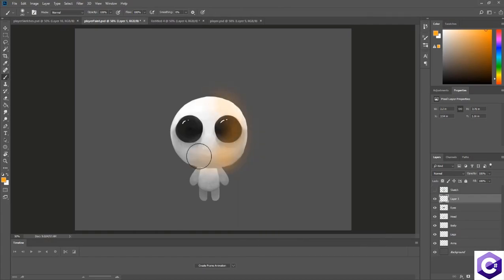You can also create a new layer under the head one and use that soft round brush to paint a dark shade around the head, which will make it pop out against any colored backgrounds. Once that's done, don't forget to merge the head layer and that newly made one. And of course, you can do this for every single body part. And there we go! You now have a character that is ready to be imported into the Unity game engine,